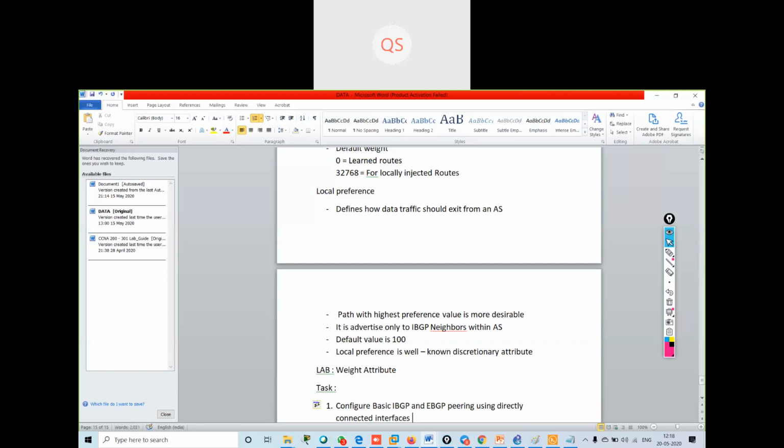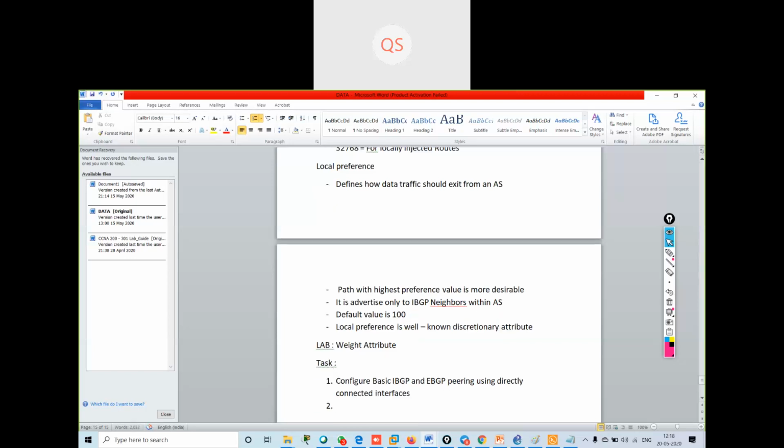Directly connected interfaces means I will not be using the loopback. I'll be using my directly connected interfaces. Then advertise all the networks.